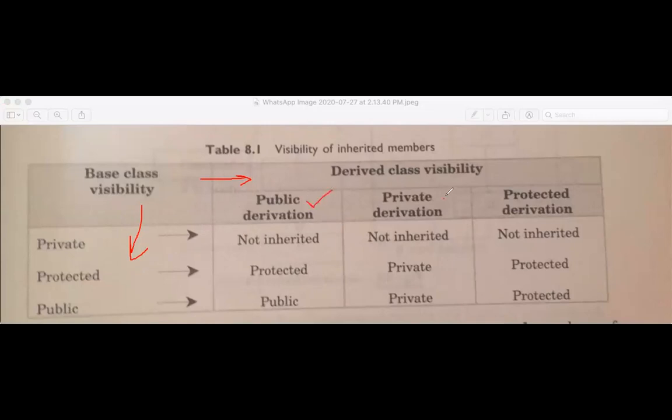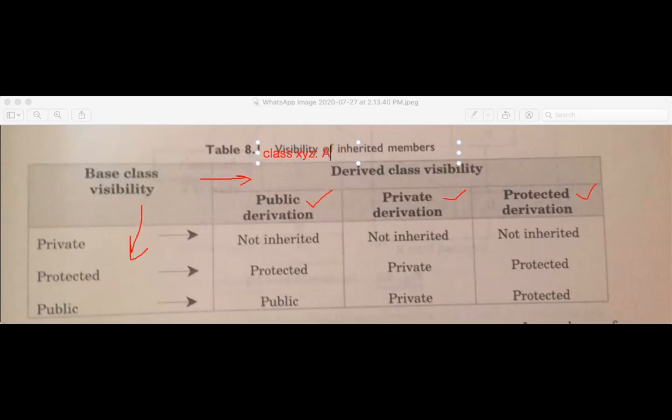Public, private, or protected. Suppose there are XYZ classes. You are writing class XYZ, and now you are inheriting the ABC class. So how are you inheriting?